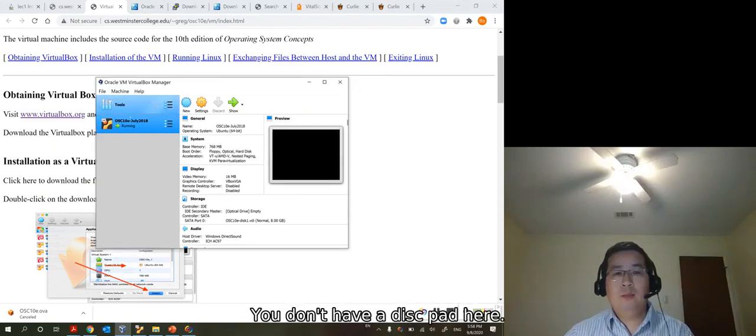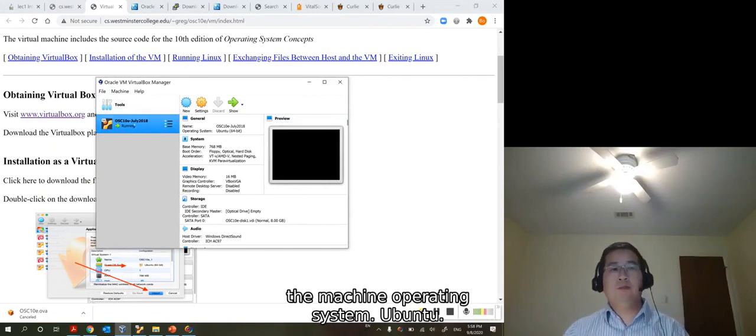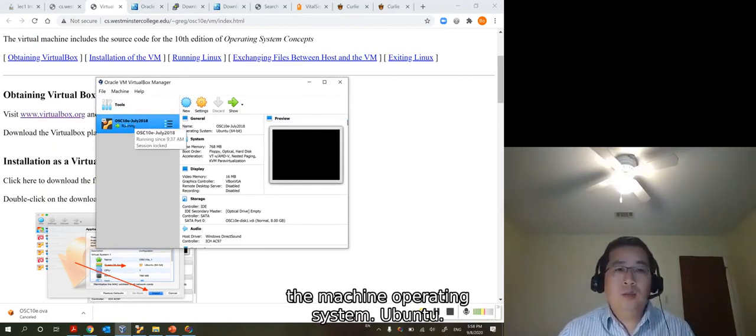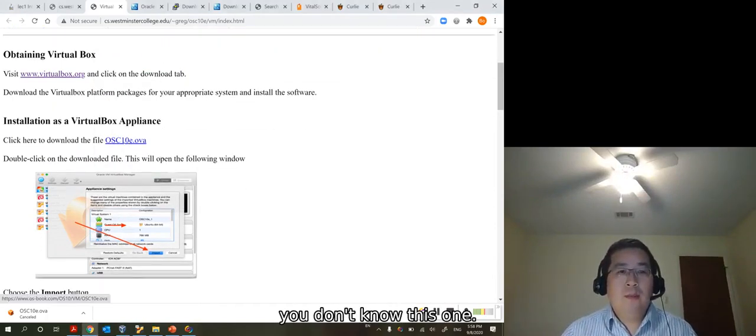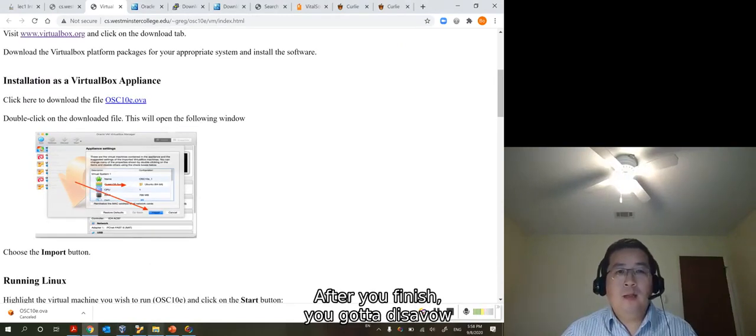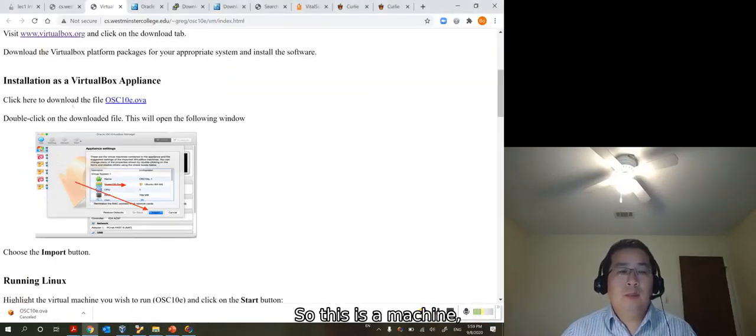You don't have this part because this one will be after you install the virtual machine operating system Ubuntu here. After that, you download this one. After you finish, you get this file, osc10e.ova. So this is the virtual machine.